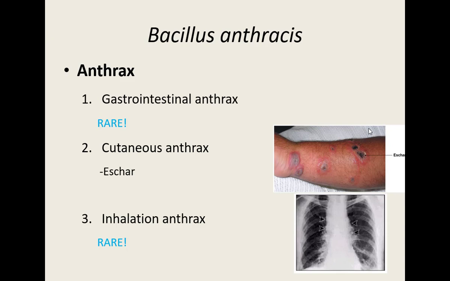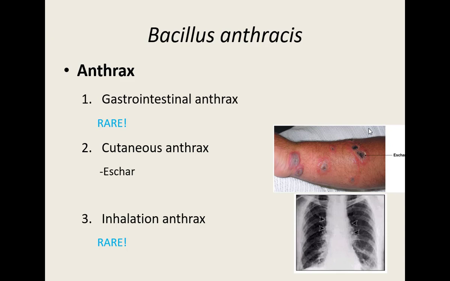It's deadly. About 50% of those that do get it die, but again, it's extremely rare that you would ingest enough of the bacteria that the toxin would kill you. The most common form of people getting this particular bacteria is if it gets into an open wound. If you were working with animals, they are kind of the main mode of transmission. If you're working with possibly infected animals and you have an open cut, that bacteria gets into that open cut